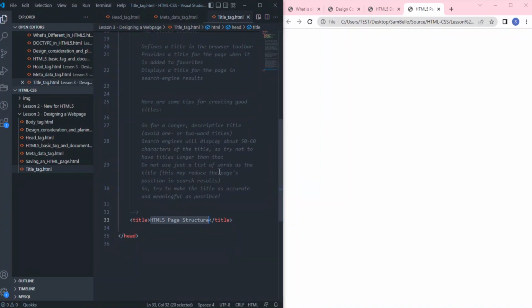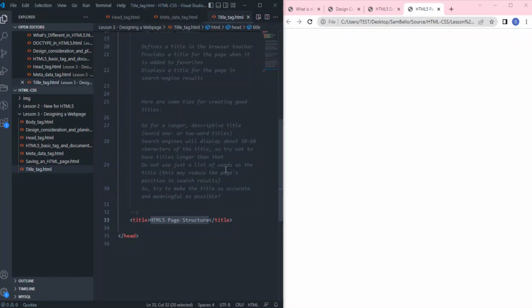Okay, so you need to choose a meaningful name for the search engine to understand. Search engines will display about 50 to 60 characters of the title, so try not to have a title longer than that. Do not